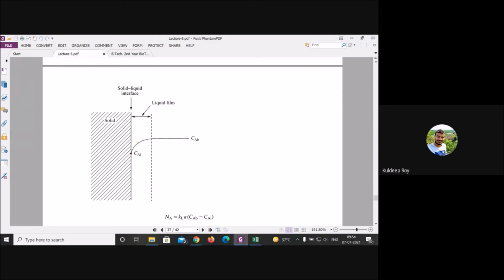This concentration gradient, from here to here it is a straight line, but here it is a curve-like structure, correct? Just keep in your mind, it is similar to heat transfer, because we have studied that. If you have any kind of body, say a slab, and the temperature is very high here, T1, how will the profile look? It will be like that, but here it will be a little curve. This thing we have already discussed. Here it will be a curve, and after that it will be a straight line.